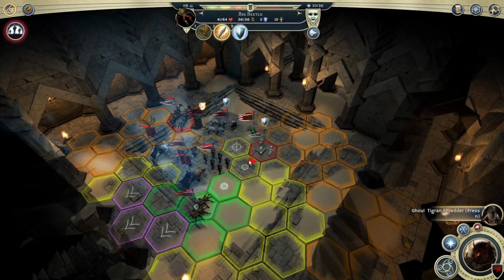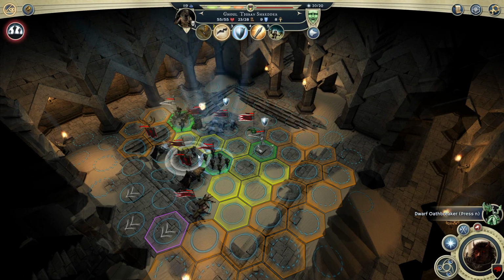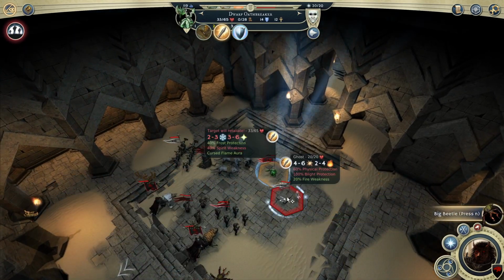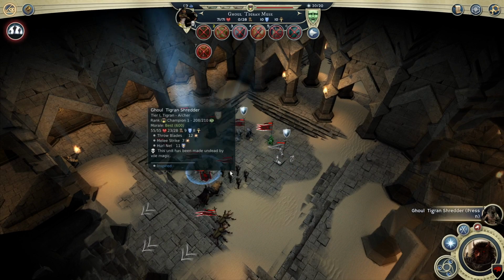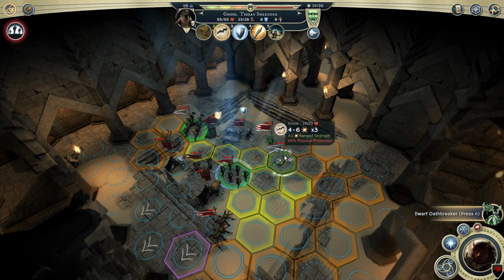Ghast can hang out in defense. Alright, now let's kill the Ghost. I'm just trying to decide how best to do this. So really all that's left is the Shredder. So...